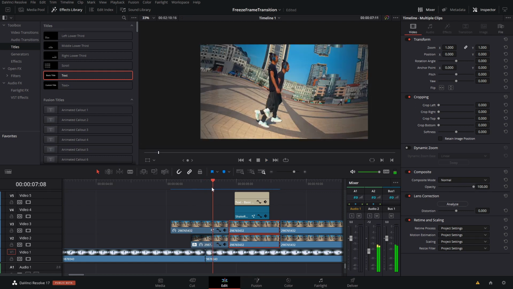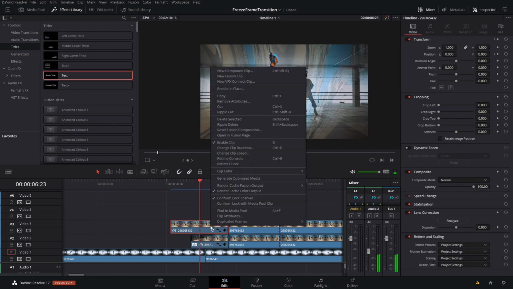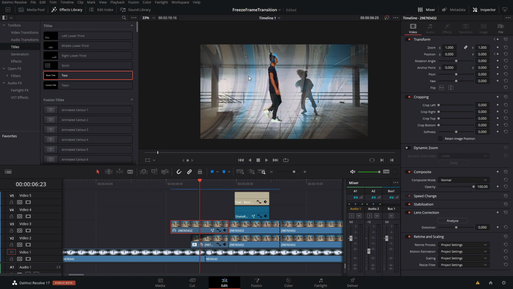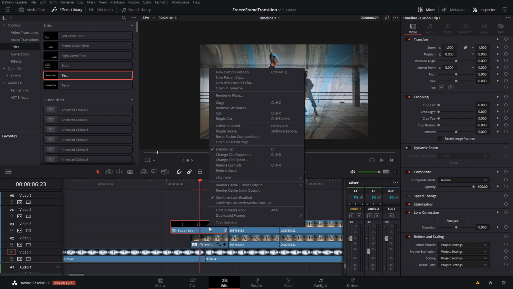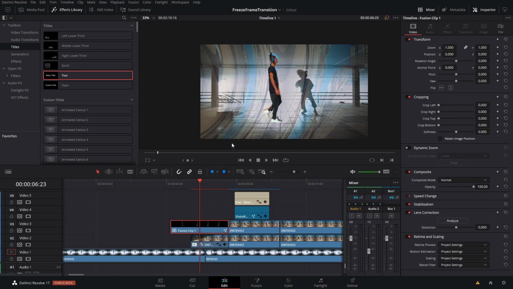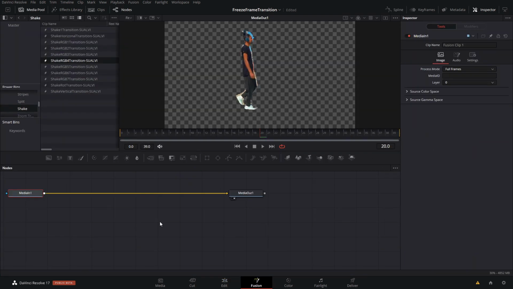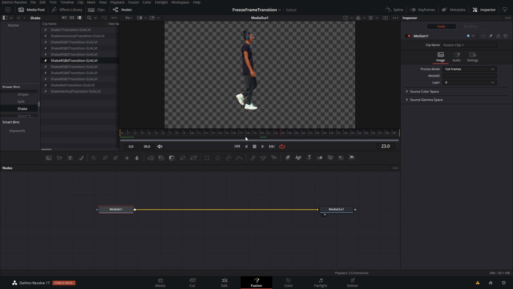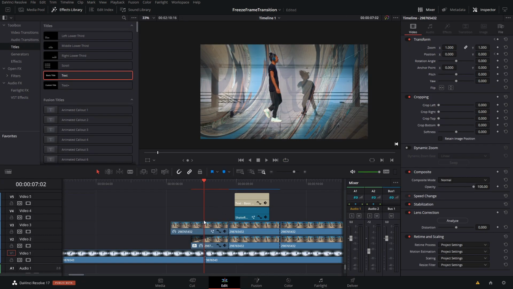The only problem is that we don't have the motion blur that I liked in our animation there. So let me see if we turn this into a fusion clip, then we go into Fusion, we're gonna see the whole thing. I just find it really funny. Okay, so what we're gonna do is first, instead of going to fusion clip,